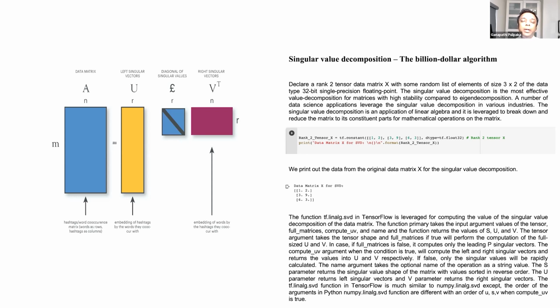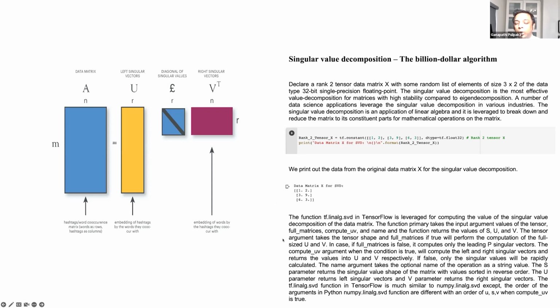So I'm going to write this up in TensorFlow here. This is not going to be PyTorch nor Python. It'll be a TensorFlow application. So I just created a rank 2 tensor here. I'm creating a TF constant and assigning some random values as a constant to this particular rank 2 tensor, and I'm going to print it out. These are the values I created as rows, and these are the columns. So that's what we are seeing here. For this little matrix X for the SVD computation, this is what we're going to have.